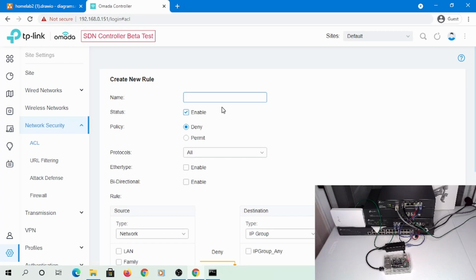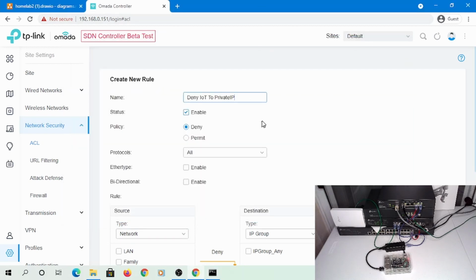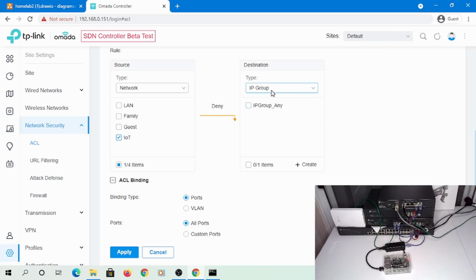deny IoT to private IP. Yeah, that will be my first one. So you can see here, 192.168.107.236. That's so far so good. So I will deny my IoT to